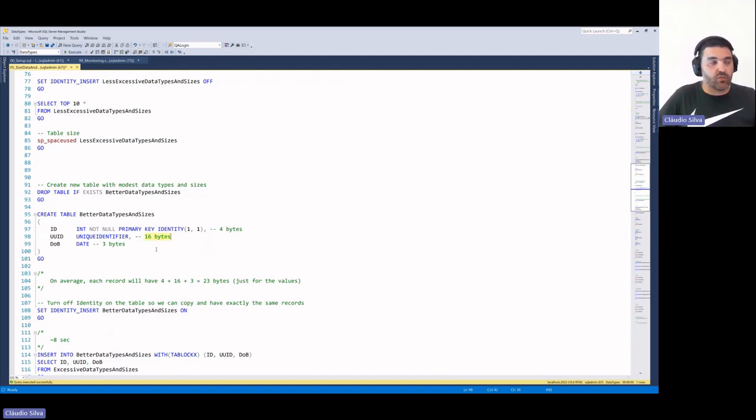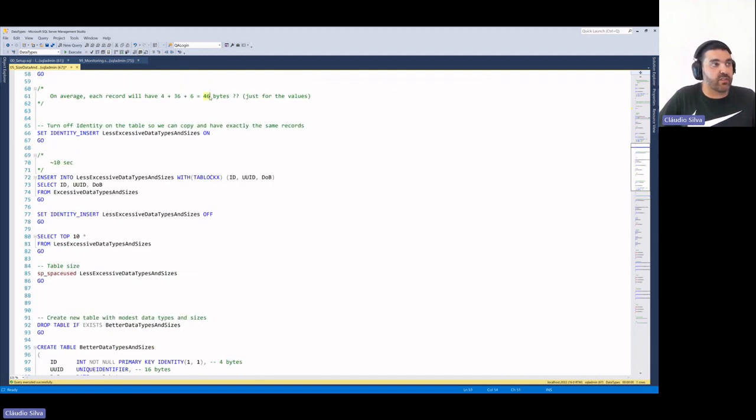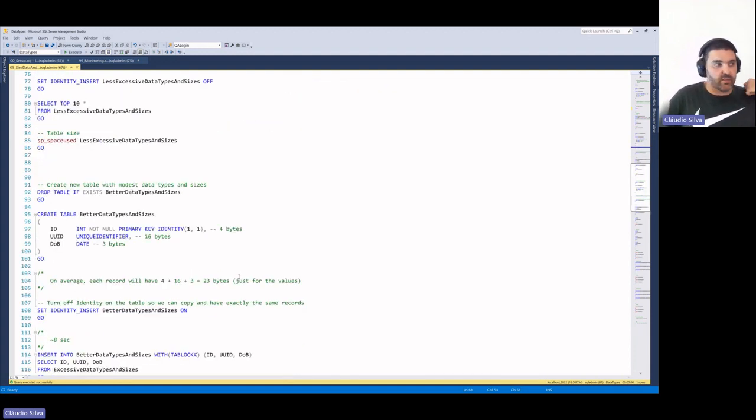And also, since 2008, we have had a split of datetime into a date field and a time field. Normally, for the day of birth, we want to know the day, but not the time. So why not just save the date, therefore occupying just 3 bytes in this case? Summing all together, we go to 23 bytes instead of 46. So another 23 bytes below.